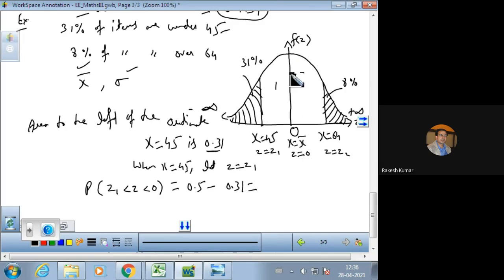मीन पोजीशन के लेफ्ट पर जो एरिया है वो है हमारे पास 0.5. सो 0.5 में से ये लाइंस वाला एरिया अगर माइनस कर देंगे तो हमारे पास ये नंबर 1 वाला जो एरिया है वो पोजीशन आ जाएगा, and that comes out to be 0.19. So for 0.19 we need to calculate the point.